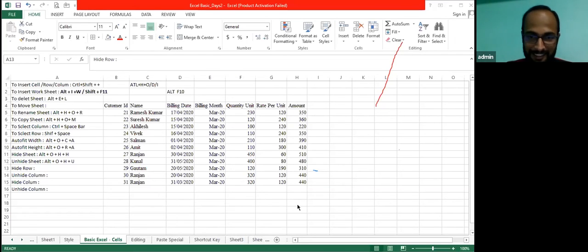It's working, Vatsalaji, thank you. Admin, please reply, it is working. Control Shift 9, not working. Why it's not working? You can do one thing. I don't know how you are using this. You can select the entire sheet, press Control A, and then press Control Shift 9.